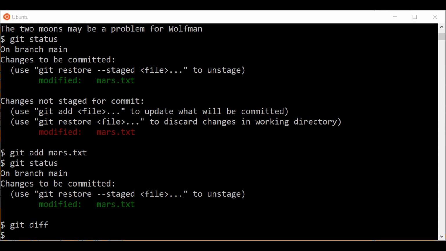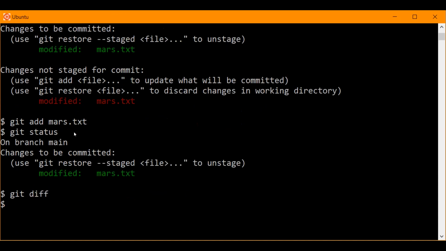Is it not because we have already added? No. It should give us the difference. Does it maybe need an argument, like which text file do you care about? No, git diff should be the difference between the last commit and the staging area. Staging area, that's what I did, right? No,